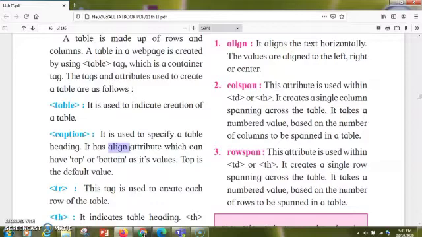Then the caption will appear at the bottom of your table. The caption tag is also a container tag, so you require /caption to end it.